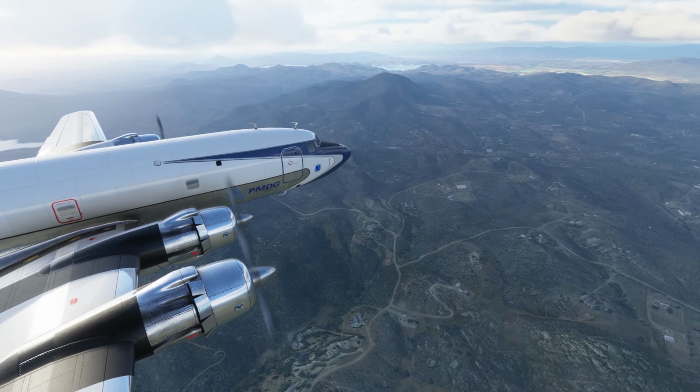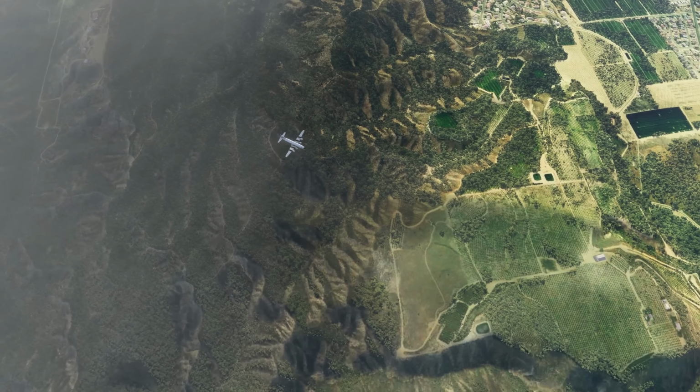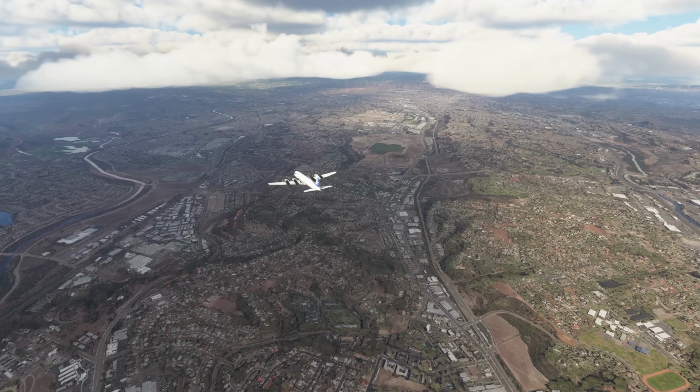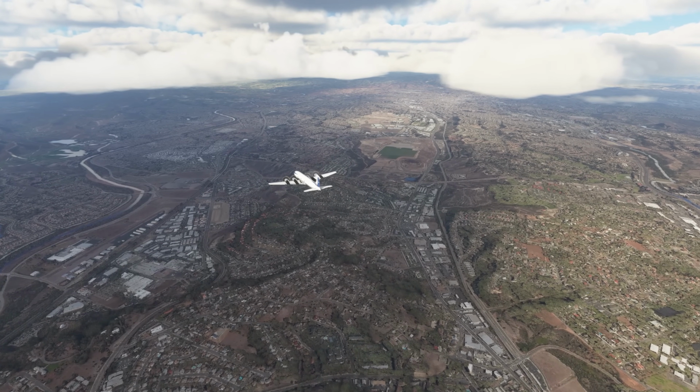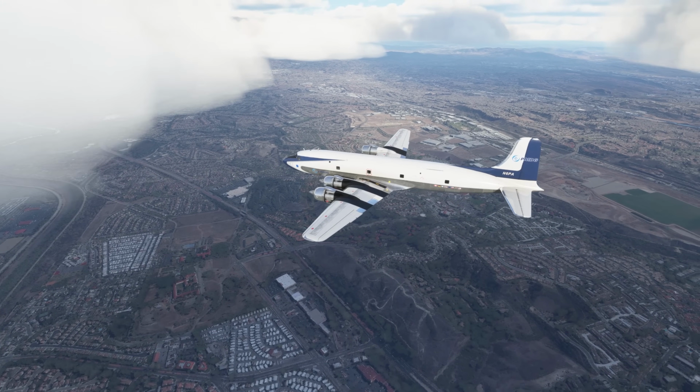It's been a great month for Microsoft Flight Simulator, and we've had a whole load of news and big releases. However, the smaller, perhaps more interesting pieces of news have a way of falling between the cracks, don't they? There's been plenty of these over the past few weeks, so I wanted to catch you up with all the